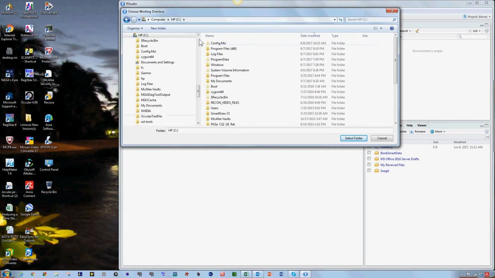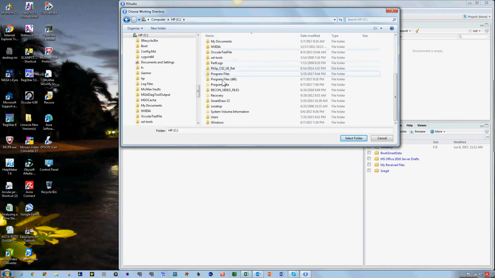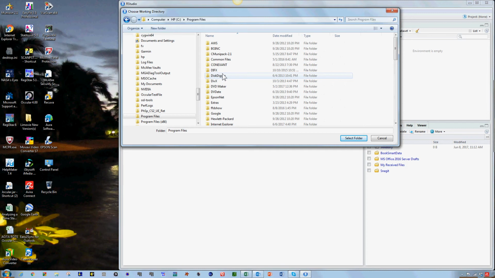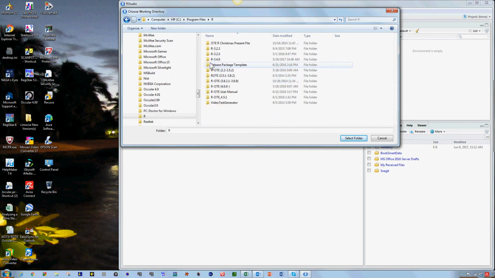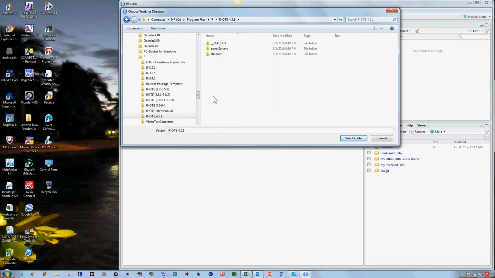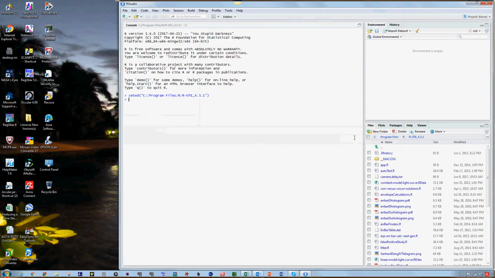That's x86. Under regular Program Files, R, and this is the R-OTE 4.5.1 package. So I'm going to select that folder,